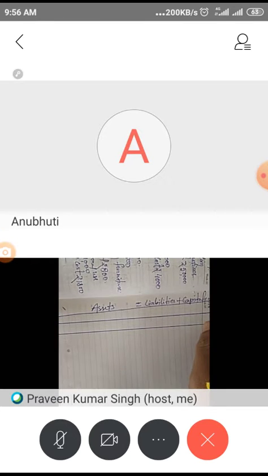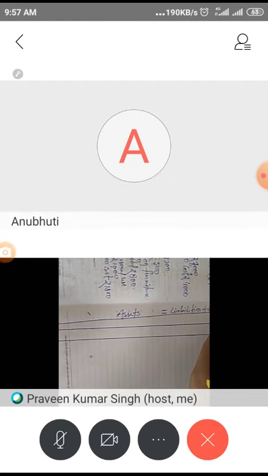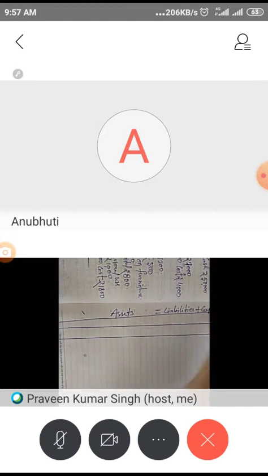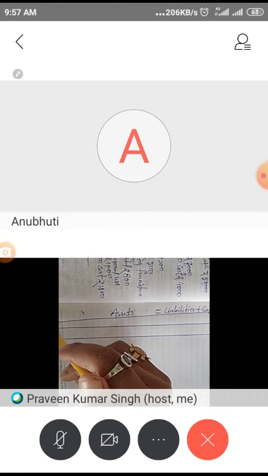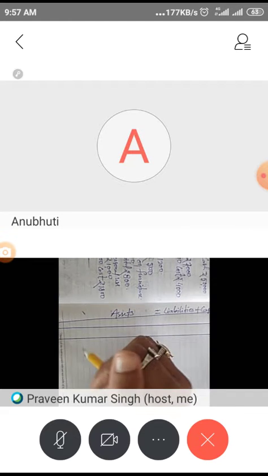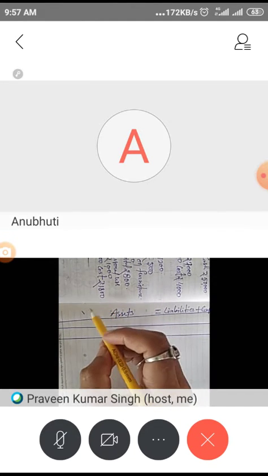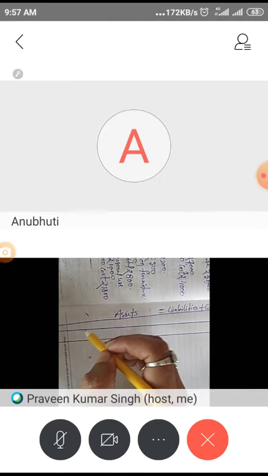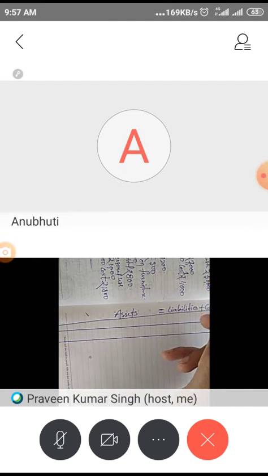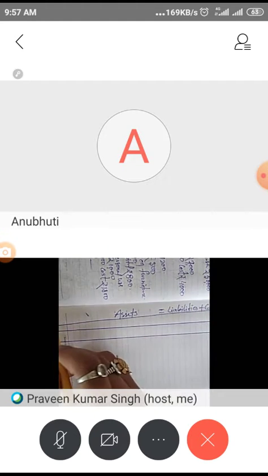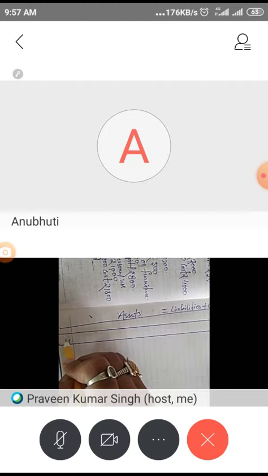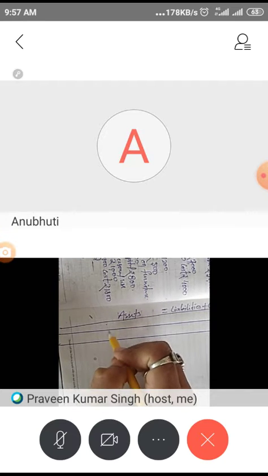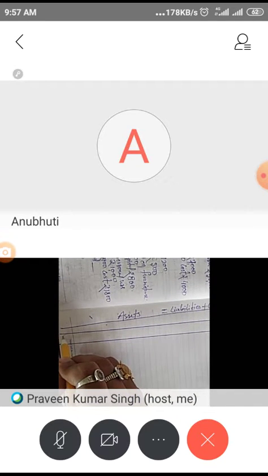Now in asset side and liability side you can see the first transaction. Our first transaction is start a business with cash rupees 50,000. So in the second column I will write transaction 1. This is called new transaction, NT,